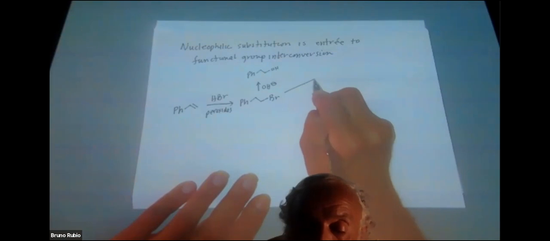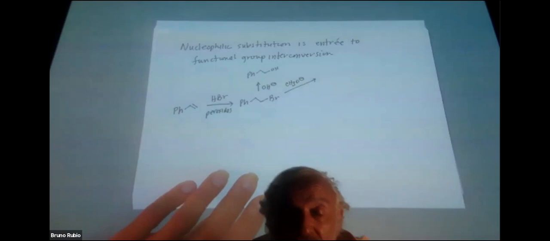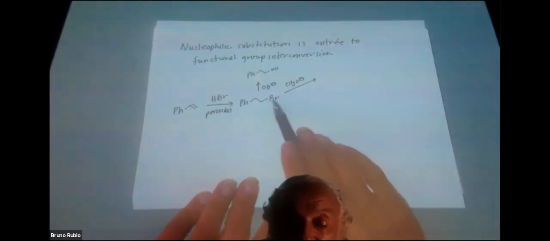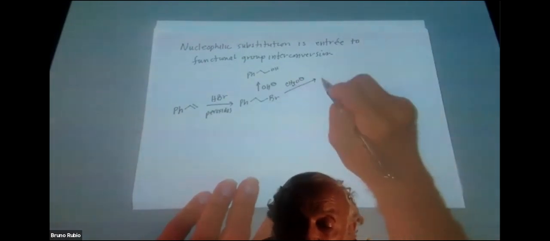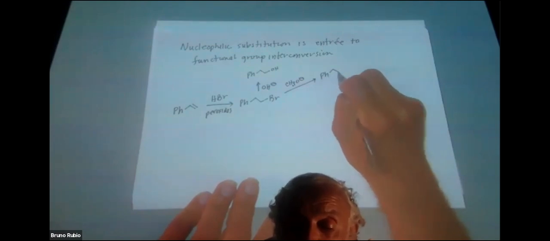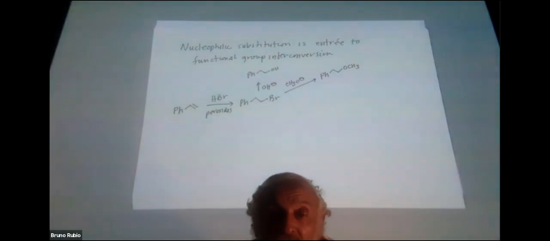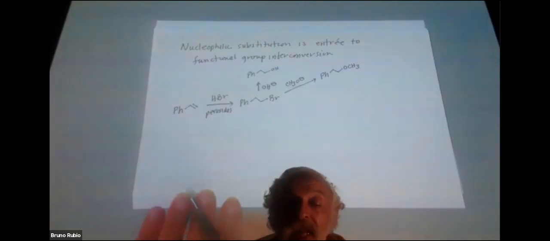So another thing we could do, emphasizing the enormous scope of nucleophilic substitution, is that we could hit this halide with this alkoxide. This would be a Williamson ether synthesis, and this is a way of making an ether from an alkene by this two-step procedure. First put on a leaving group, first put on halogen, then knock the halogen off with the leaving group. So we've gone from an alkene to an